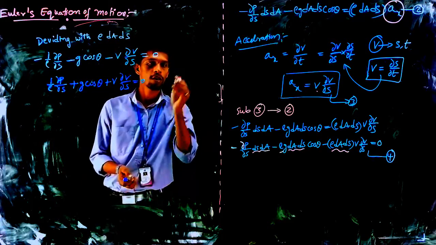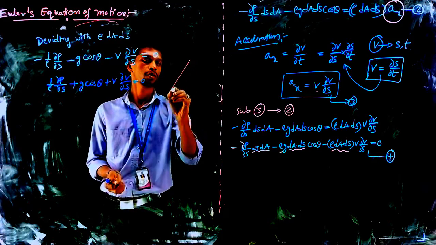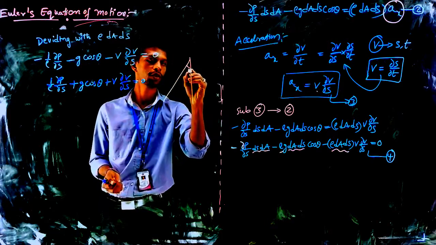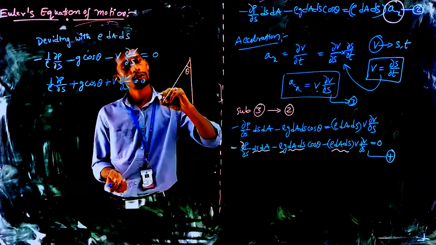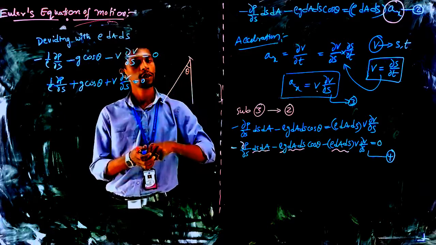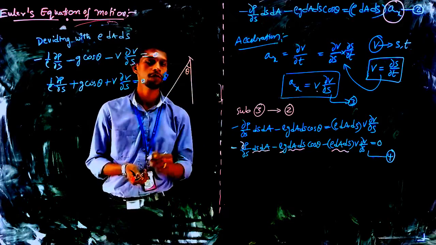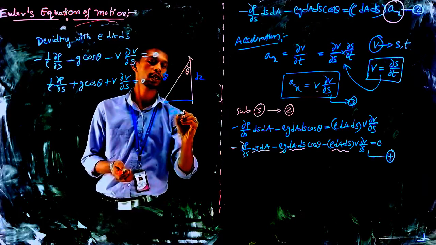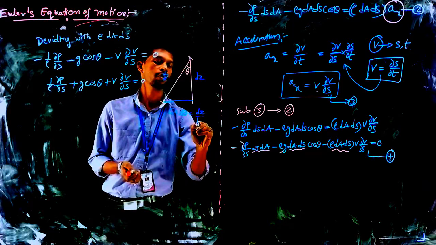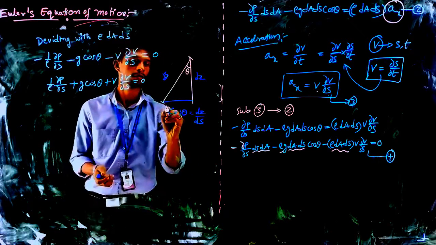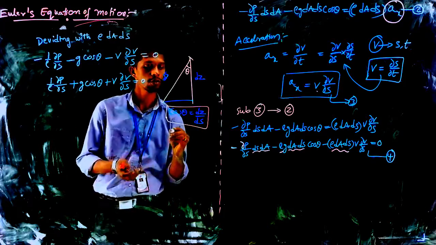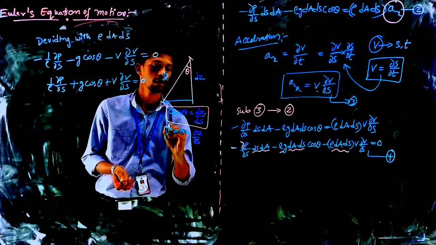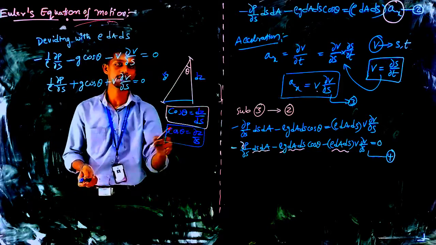Now in the diagram, this is the direction of flow and this is the line of action of gravity. Between these two, theta is the angle. What about the length of the fluid element? ds is the length of the fluid element. What about this height? dz is the height. So what about cos theta here? dz by ds, right? Or you can also write it like this: cos theta will be dou z by dou s, in terms of partial differentiation.